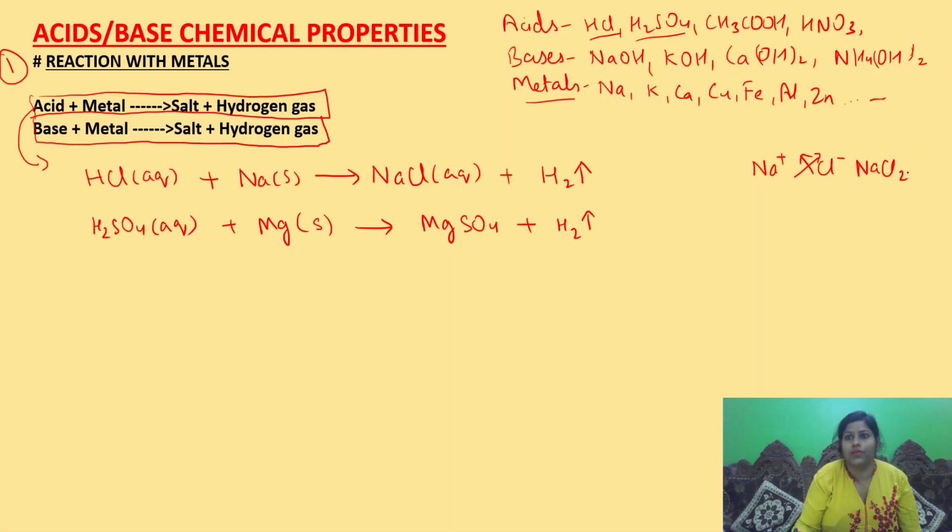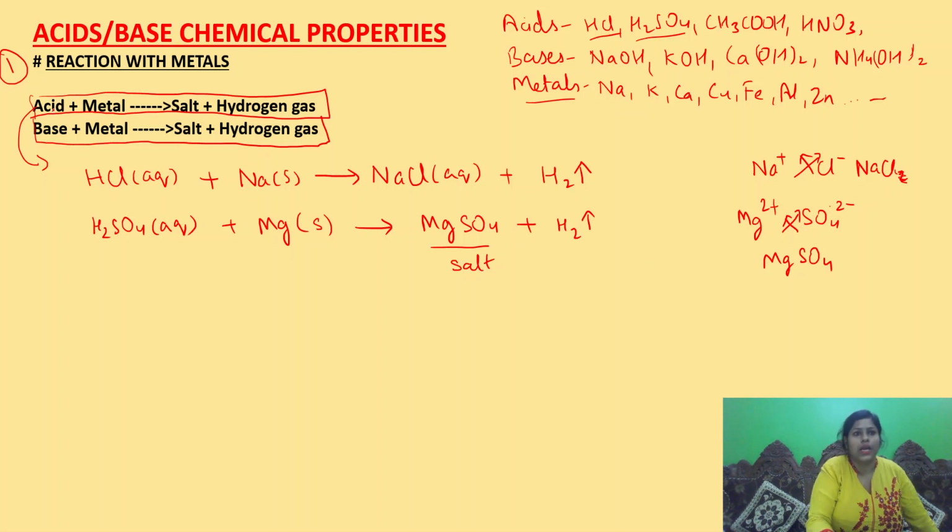NaCl. इसी तरह यहाँ पे this is a salt, मैग्नीशियम सल्फेट. क्या बन जाता है? मैग्नीशियम की वैलेंसी होती है 2+ और सल्फेट की वैलेंसी होती है 2-, राइट? तो इनको क्रॉस मल्टीप्लाई कर देते, ये कैंसिल होके फाइनली you get MgSO4. तो इस तरह से सॉल्ट फॉर्मेशन हमें वैलेंसी के बेसिस पे करना है. और बाकी रिएक्शन बिल्कुल बेसिक है. एसिड अगर है उसके साथ मेटल रिएक्ट कर रहा है तो सॉल्ट बनेगा, और हाइड्रोजन गैस आप as it is लिख दोगे. This is released. This is a salt,